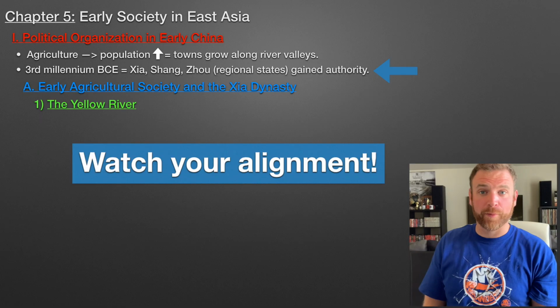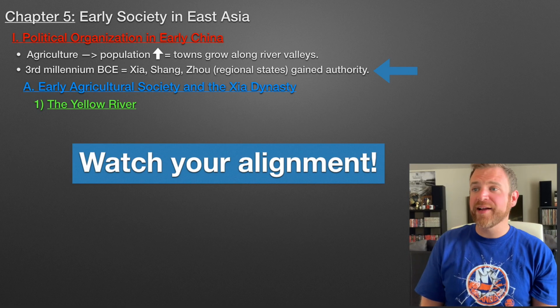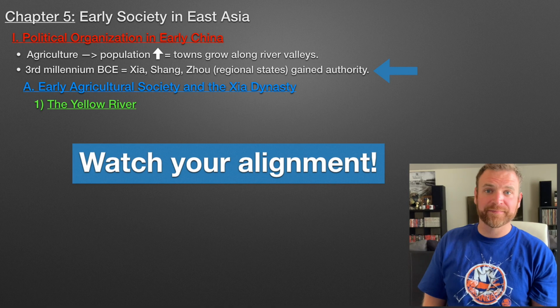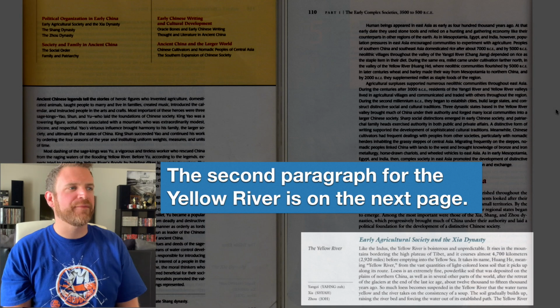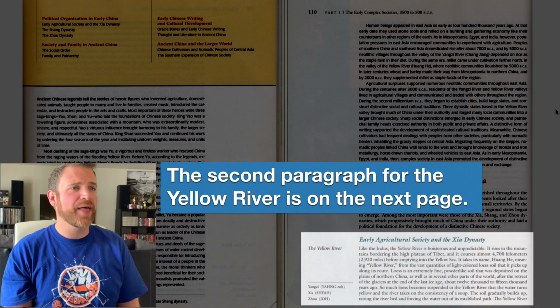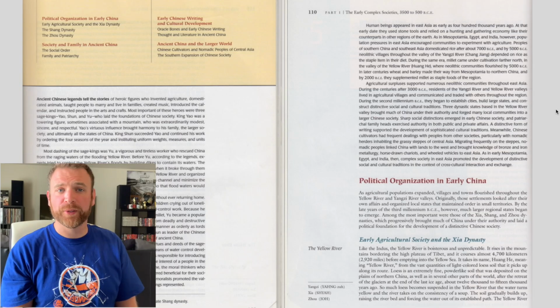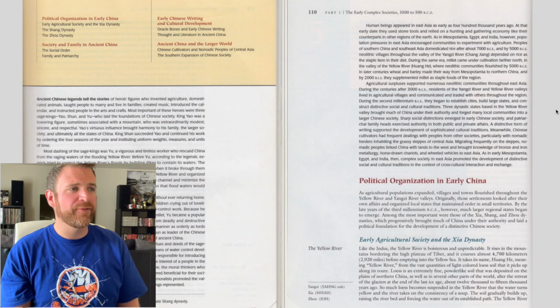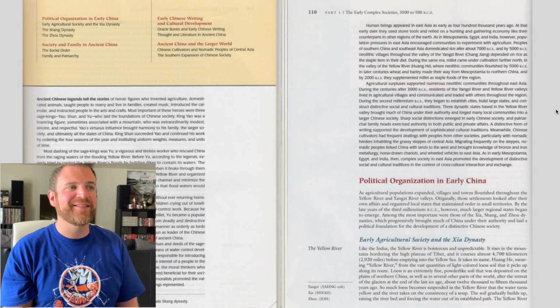Also, you should keep your Roman numerals, your capital letters, and your numbers all aligned with each other in your outline. Let's keep practicing. Notice how there are 2 paragraphs assigned to the Yellow River. That means that we should have no more than 4 bullet points, since we are limiting ourselves to 2 bullet points per paragraph. But before we start outlining, it's best to read each paragraph first before you start condensing information